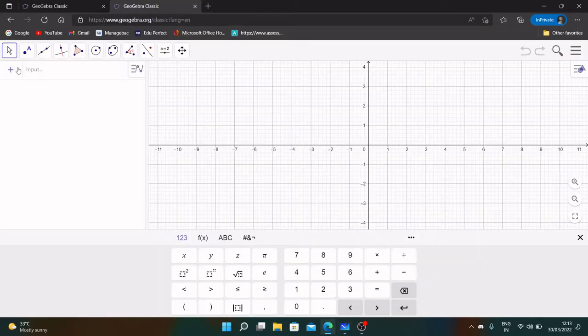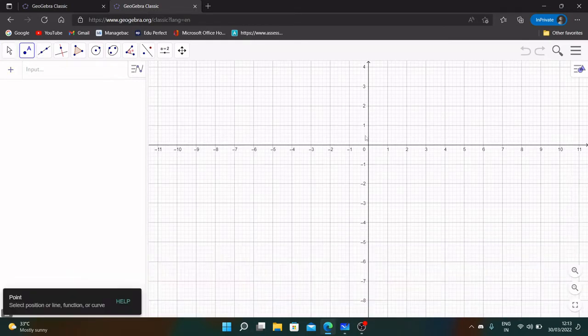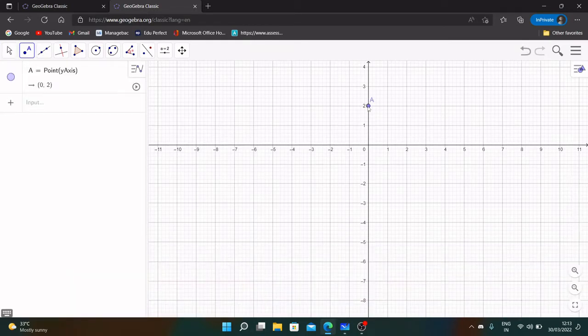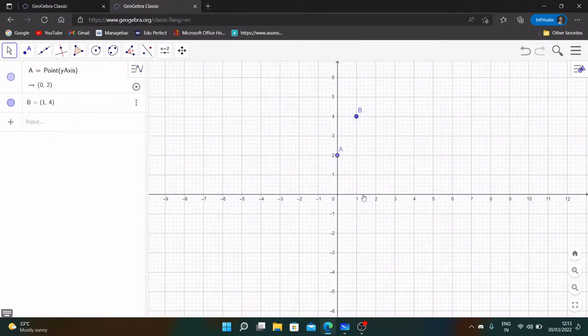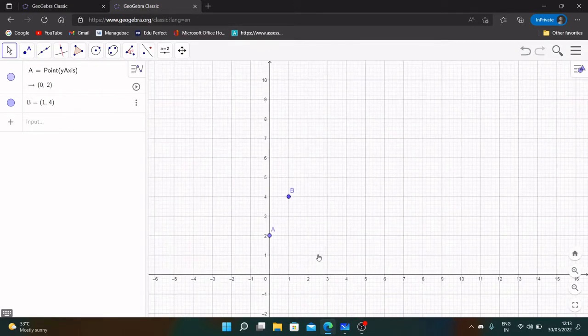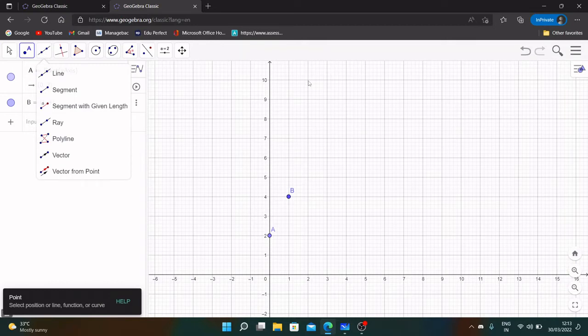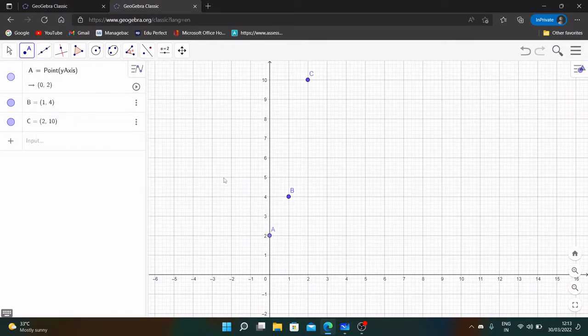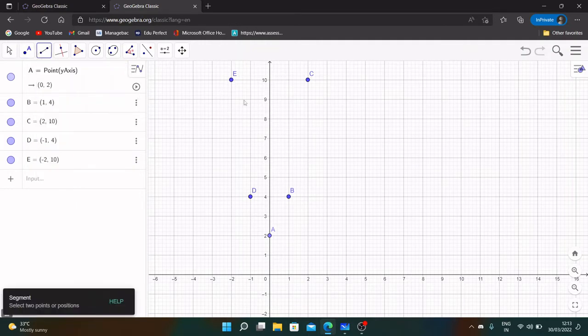So first we're going to have (0, 2), then (1, 4), then (2, 10), that's here. Now we have the other side, which is (-1, 4) and (-2, 10). Those are our values. If we connect all of these points,